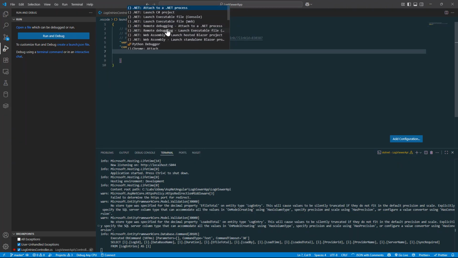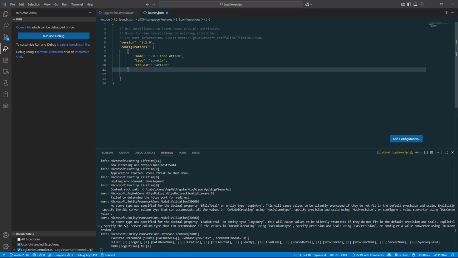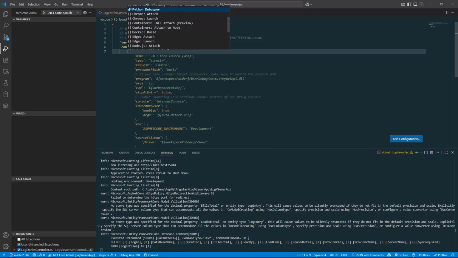I'm going to be using attach to .NET process, this one here. The mouse doesn't work, so you have to use your up and down arrow keys to use this. Once you use it, it will say .NET Core Attach. And now the next thing we need to do is come to add configuration, and here you need to